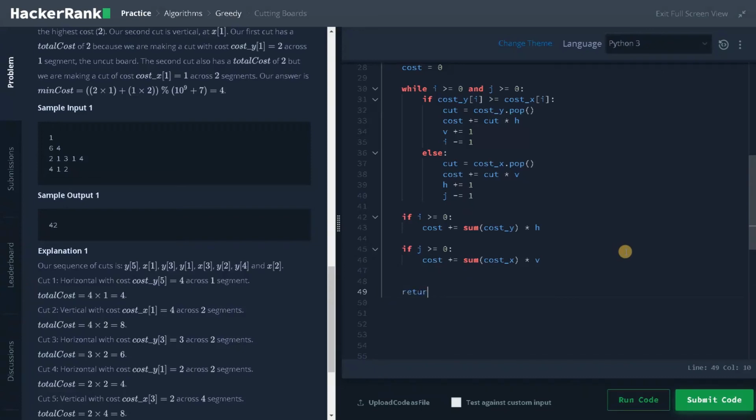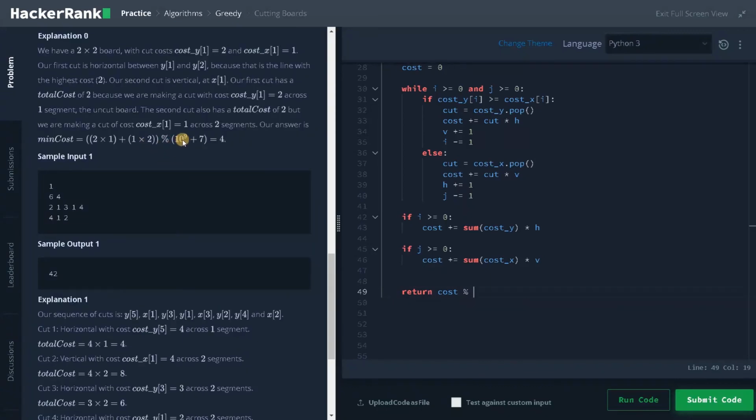So we will return cost modulus. They have mentioned it here, right, 10 to the power of 9 plus 7. We have to do that, or else many test cases will fail. I forgot to do it the first time when I tried to solve this problem. So 10 to the power of 9 plus 7.